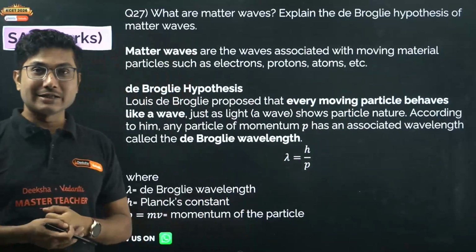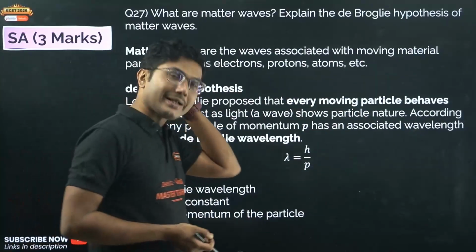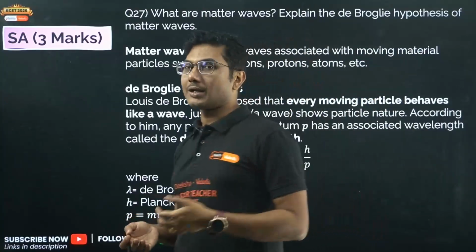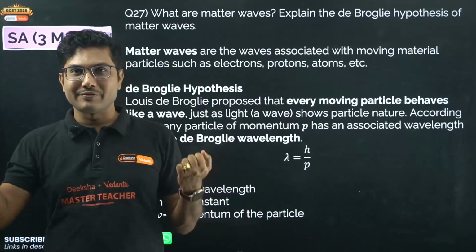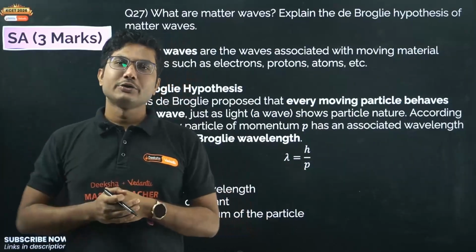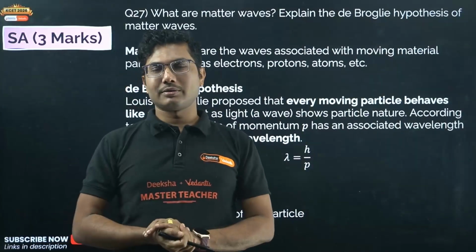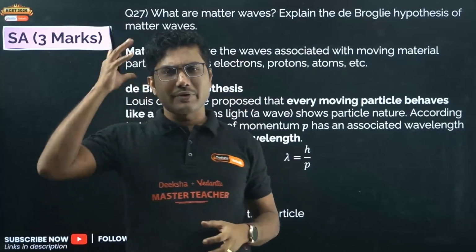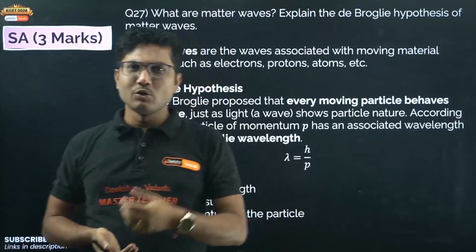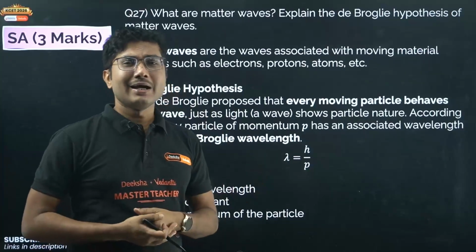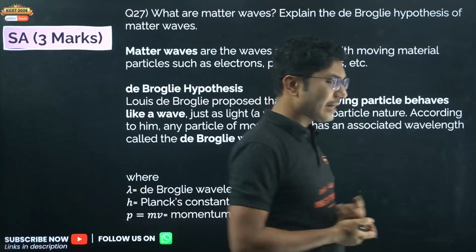Just as light shows particle nature. Why did he assume it? Because he thought nature likes symmetry. Okay, most of the natural things are symmetrical. For example, we have a right hand, we have a left hand. So even if you look at it from like this, we are symmetrical on both sides. That is one thing to consider. Okay, if you consider our brain also, it is symmetrical in left and right lobes. There are two lobes. So most of us are symmetrical in nature, and that's why de Broglie proposed that